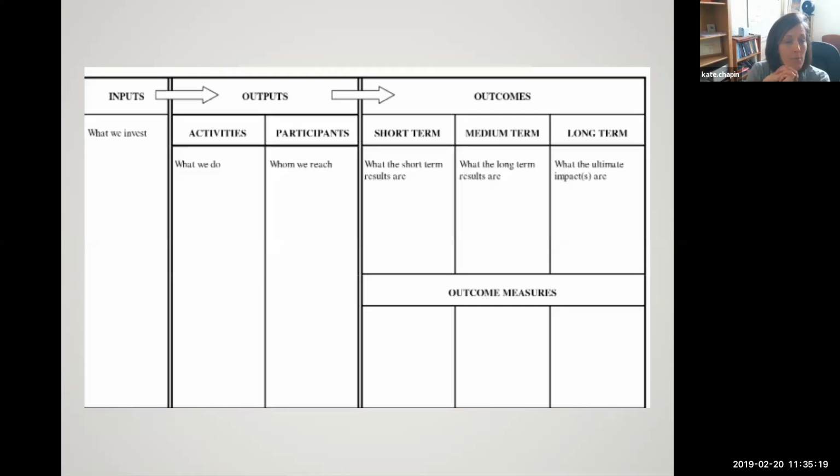Short-term decreased stigma around mental health, right? So then you're thinking about, if that's what I want to do, how am I going to measure whether there's changes in that stigma? The medium is to increase referrals to mental health services. And then the long-term is decreased suicide rate. So I might even say on that one, the short term would be increasing referrals to mental health services, and the long term is decreasing stigma. Or that could be maybe in parallel with one another, because you're going to be able to measure referrals much more easily than you are going to be able to measure decrease in stigma.